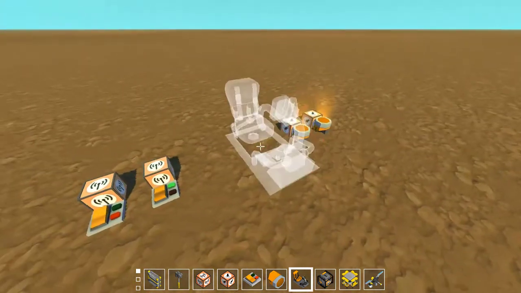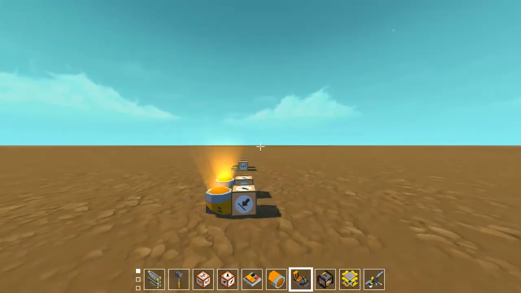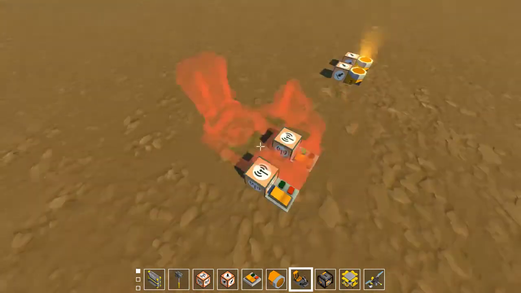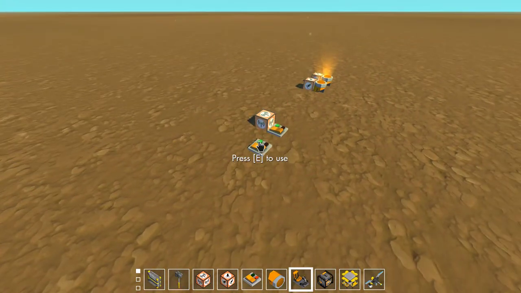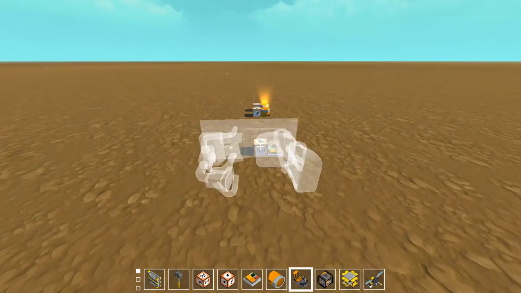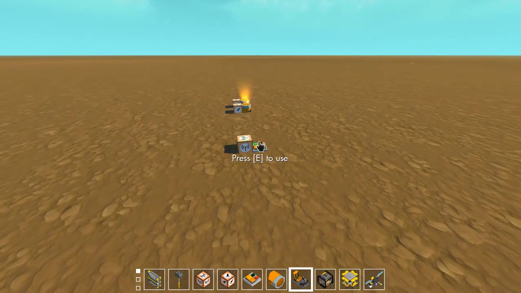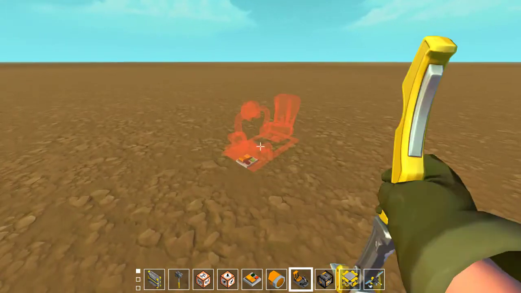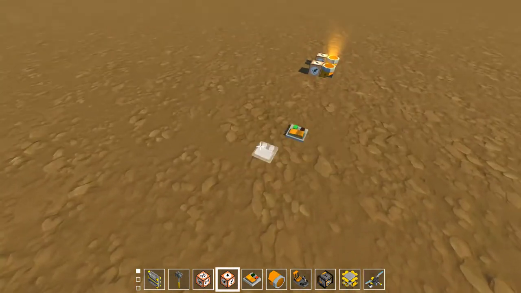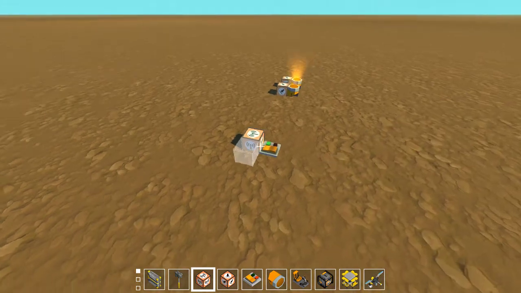Maybe the other one just doesn't look like it's flickering, but it is. I don't know. Anyway, if I remove the last turned on block, it's still gonna remain turned on, and then you have to create a